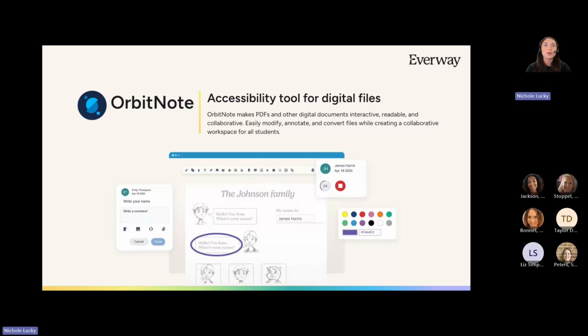So inside of OrbitNote, you're going to have all of those known and loved supports that we utilize inside of Read and Write. And you're going to have a couple of additional ones in order to make that really accessible and really make it a living, breathing document for your students to be able to input their responses into. I already spoke a little bit about that integration into your LMS, so we'll go ahead and show that as